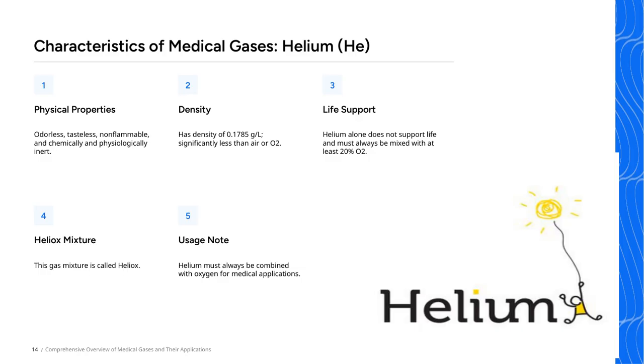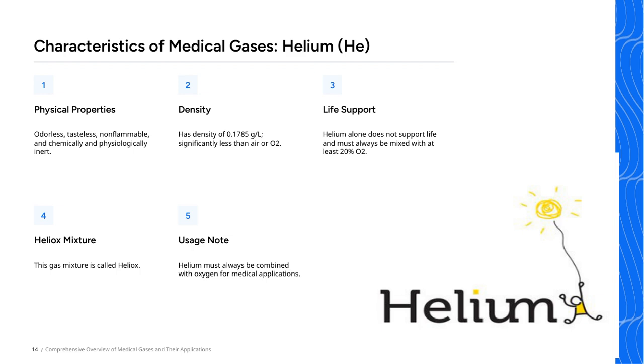Moving on to physical properties, helium has a density of about 0.1785 grams per liter, which is significantly less than air or oxygen. This low density makes helium unique, especially in respiratory therapy. Additionally, helium is odorless, tasteless, and non-flammable, and it is chemically and physiologically inert. That means it doesn't react easily with other substances and doesn't pose toxic risks, making it very suitable for medical purposes. So, understanding these properties helps us appreciate why helium, when combined properly, plays such a vital role in certain